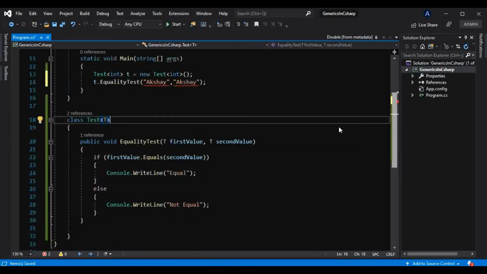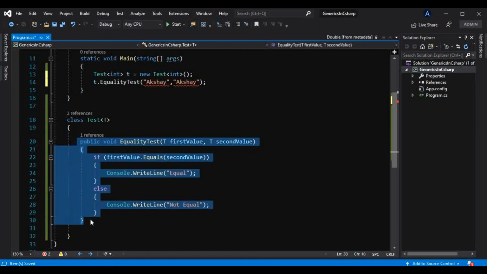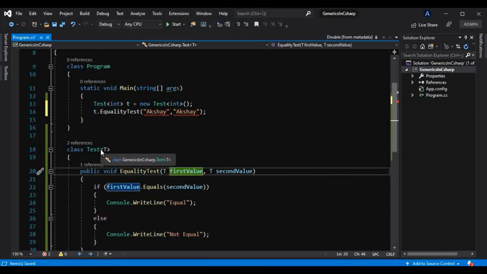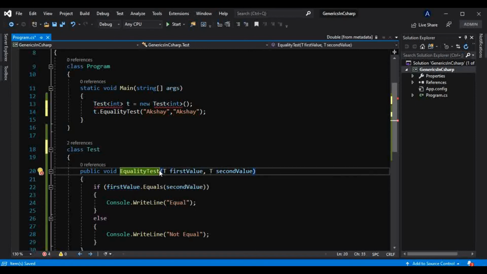If this method is not going to work on a different type other than the type provided in this class, then we can use that. But otherwise, if we know we have to work on different types with this method, we can define that here with the method only.